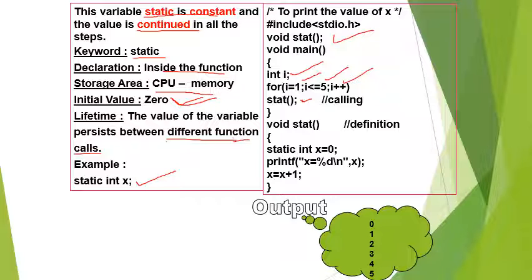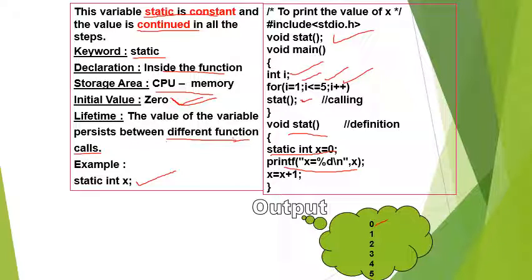First time, for i equal to 1, it will call stat. Then it will come to this function, and here it is declaring static int x equal to 0. It will print x, that means x equal to 0.